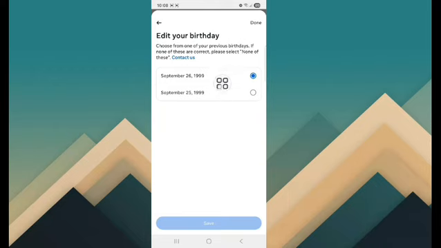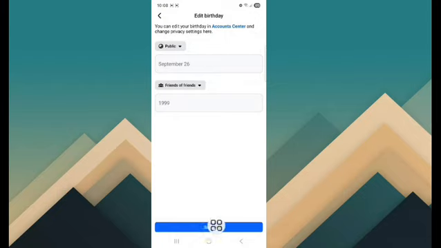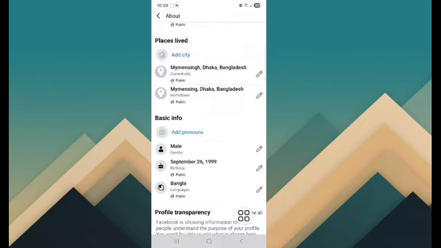And you can select your birthday date. Okay. Tap on done and tap on save button. Your birthday